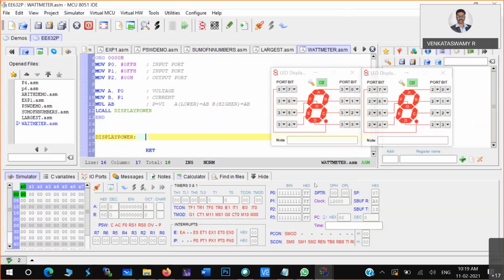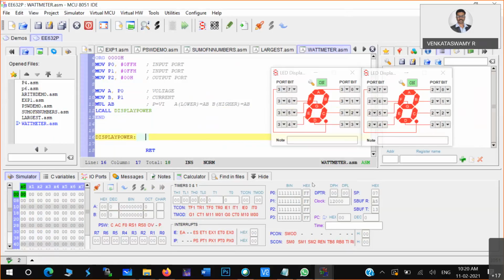Now you see how to write a function here. You should know what the input parameter is at this point. The input parameter is the accumulator, which has not changed, so the accumulator content is coming here.